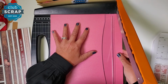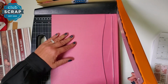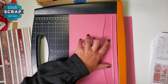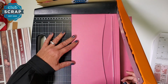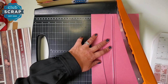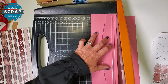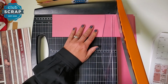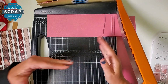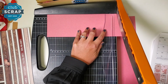9 3/4, then all the way down to 7, and then 3 3/4. Wow, that was a lot of cuts. And we have more to come. I'm going to rotate this guy, and we're going to start out on the horizontal. So this is the last piece that was in your trimmer, gets rotated, and our first cut here is at 10 1/4,